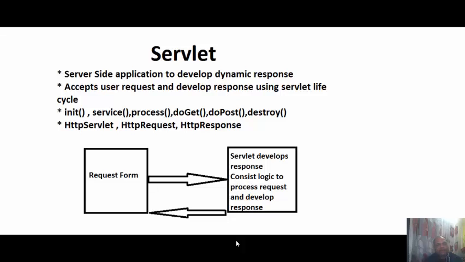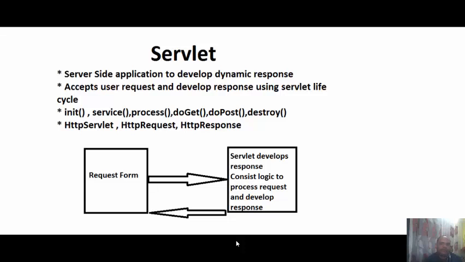That means here also when I make a request, the server develops a response, but that was a static response. It won't be able to process my query. It just gives me the static pages which are stored on the web server.